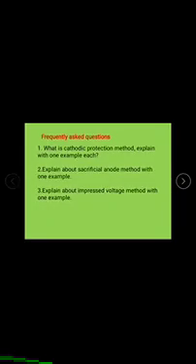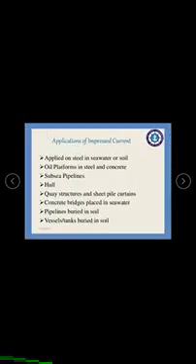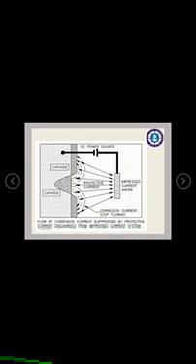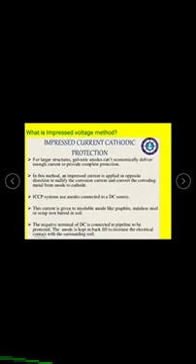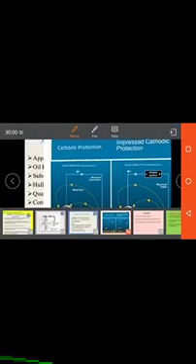Just now we discussed that the backfill we may use in this method is stainless steel, scrap iron, graphite, etc. Mainly graphite is used as a backfill in this cathodic protection method. Then the right answer is